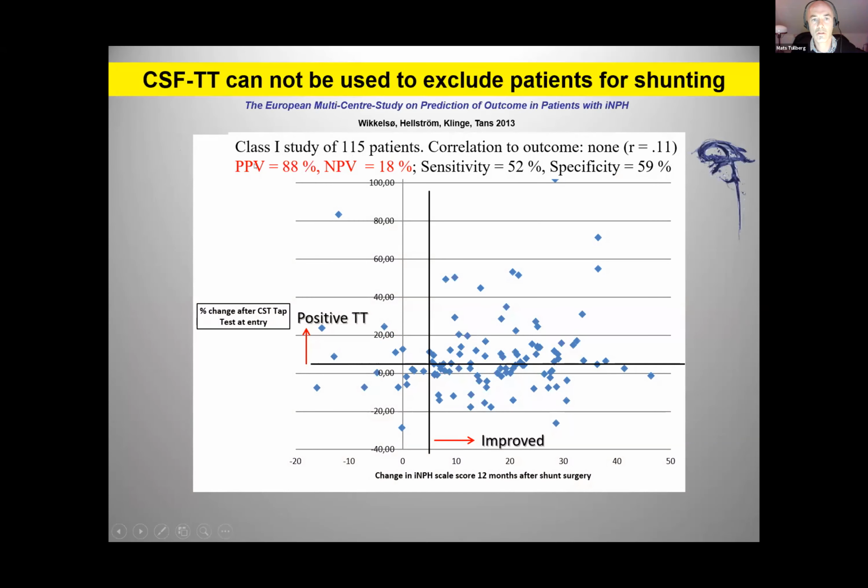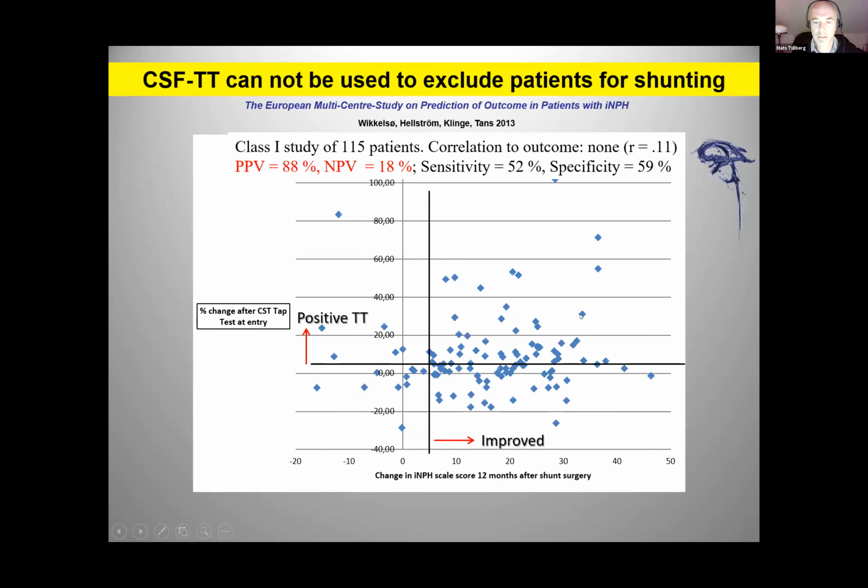If we start off with the CSF tap test, this is one study, the only one of the few, I should say, class 1 studies, where in many of the publications, these tests have been used to identify or include patients for surgery. In this study, the patients were diagnosed only based on clinical symptoms and MRI. And if you look at this picture